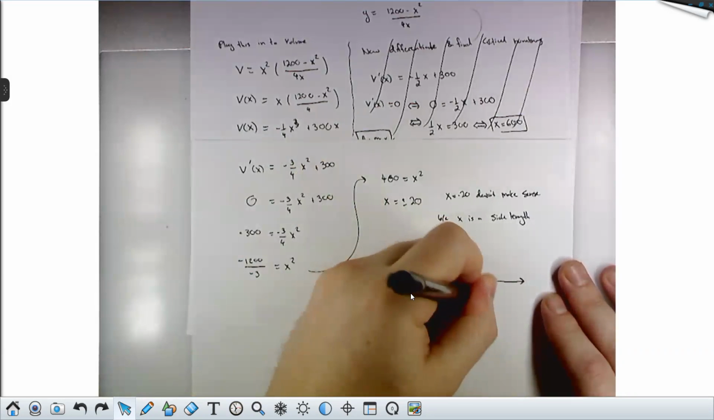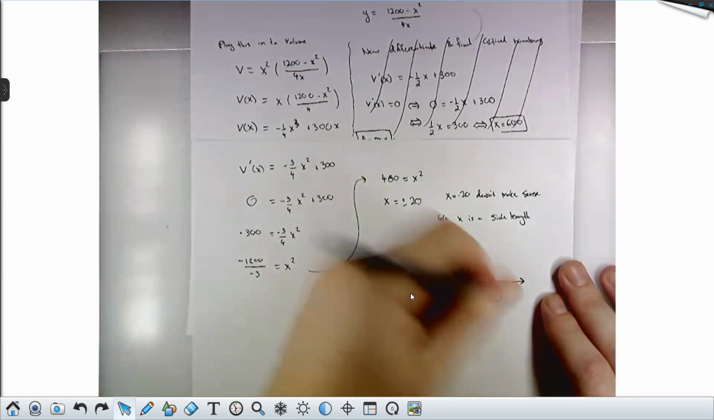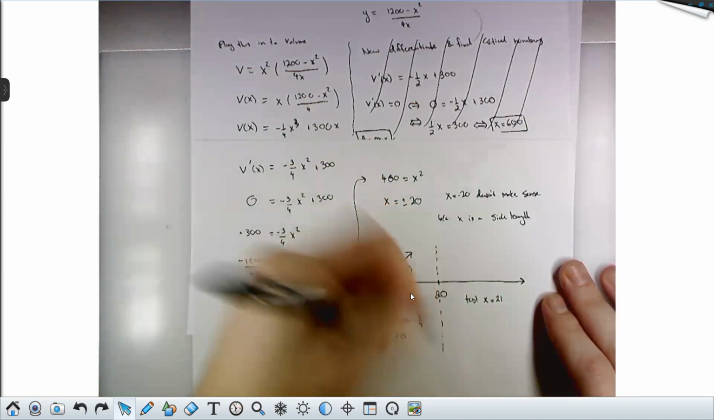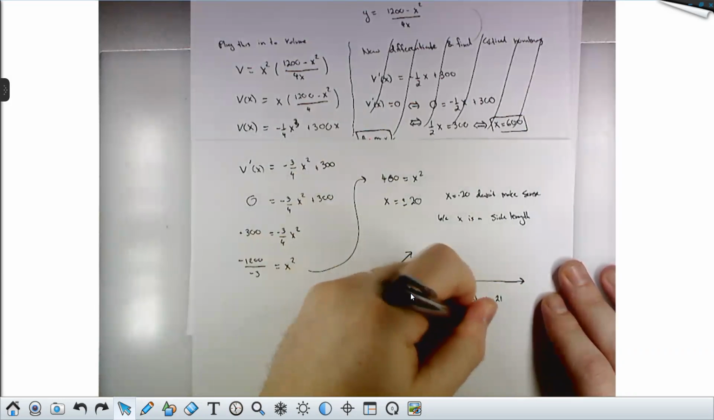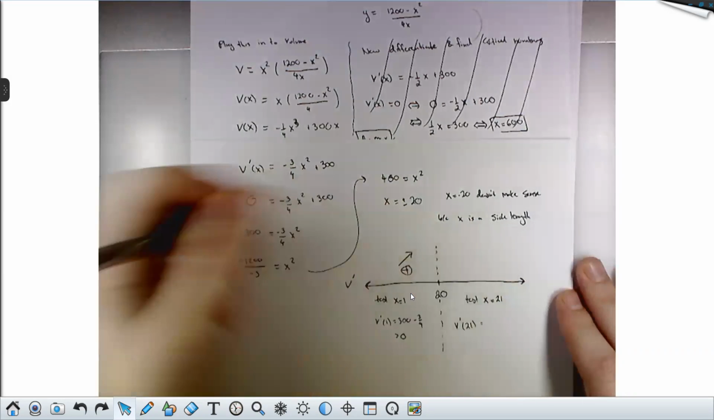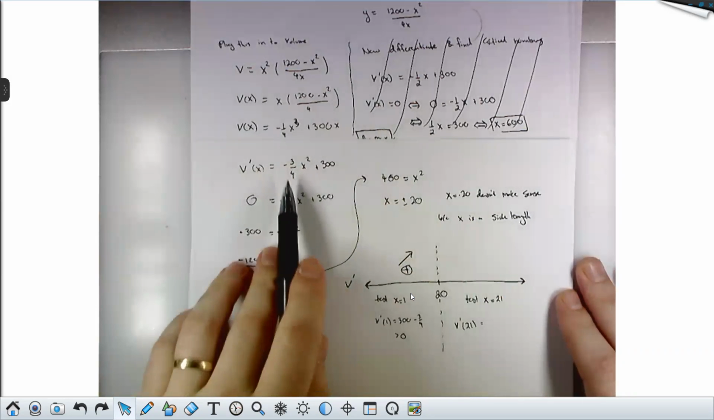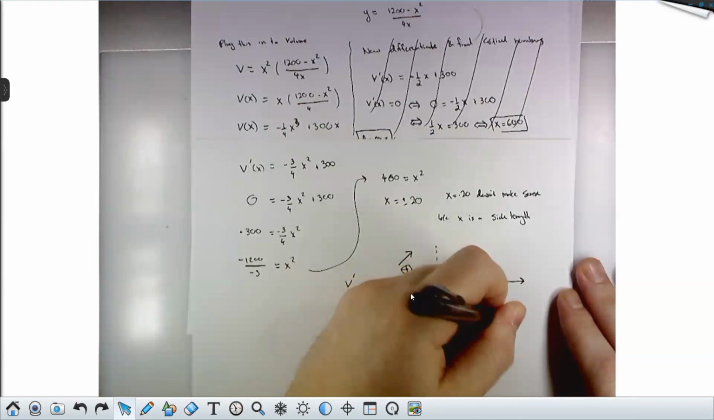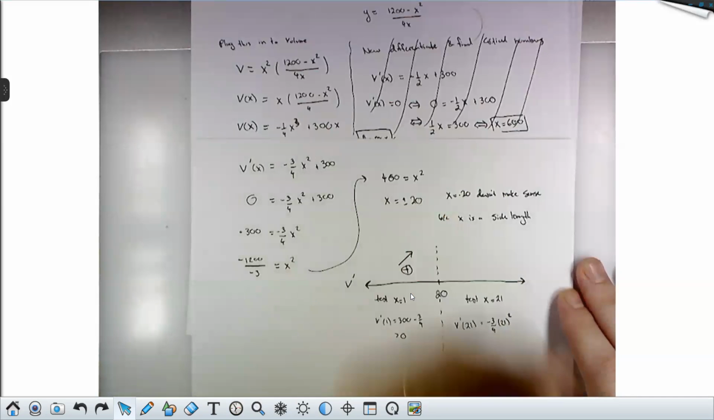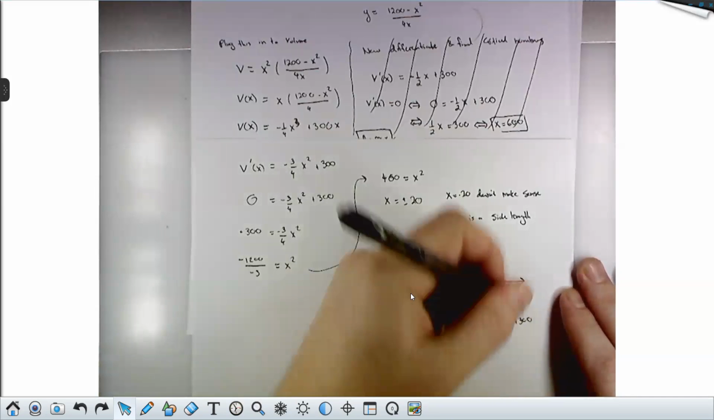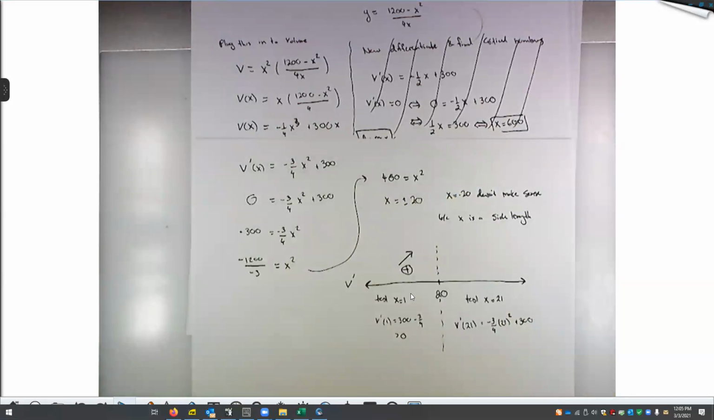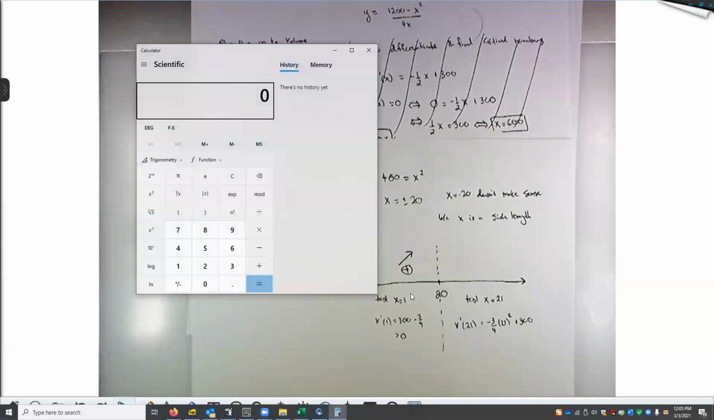And if we test x equals something like 21 over here, v primed of 21 is -3/4 times 21 squared plus 300. 21 squared times